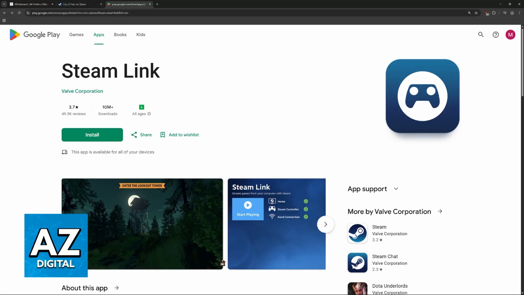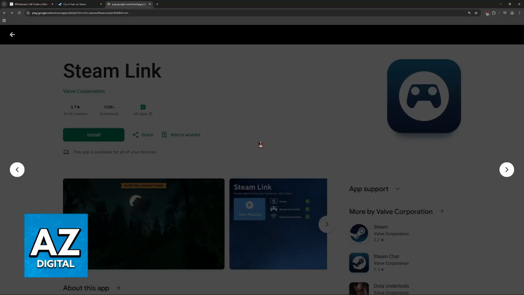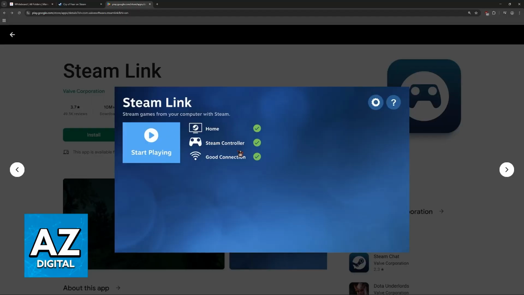You will have the controls on your screen, so you will have the joysticks and the buttons, and you will use the touch screen to play, or you can connect a controller, which makes it even better. But this is going to rely on a strong internet connection. Because the game is not running on your mobile device and you have to stream it over, you have to use your internet. So you have to make sure that you are in close proximity of your router. The farther away you are, the more latency you are going to have, and the less smooth the experience is going to be.